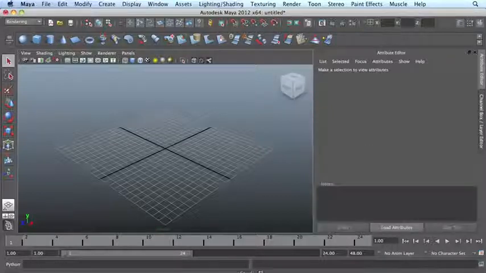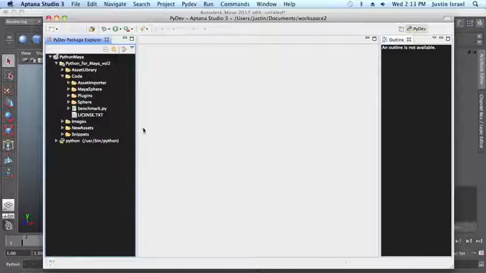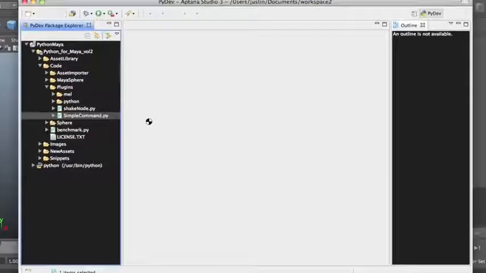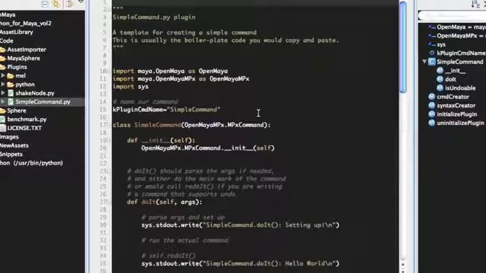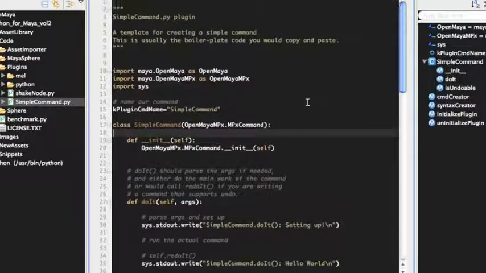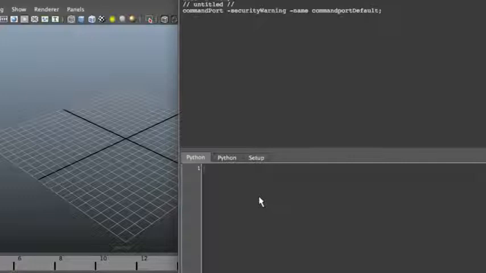But what we'll do is we'll pull up an example, and in the code plugins directory, the first thing we want to look at is the simple command. And let's pull this up here. There's a couple different types of scripted plugins that you can write. And the most basic of all of those is a simple command script. It's very similar to all of the other scripts we've written. And the only difference is that this gets loaded in as a plugin, and it would be available on the Mel or the Python side as a very natural command, such as if you were to write